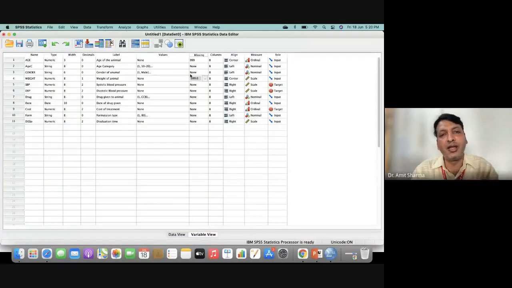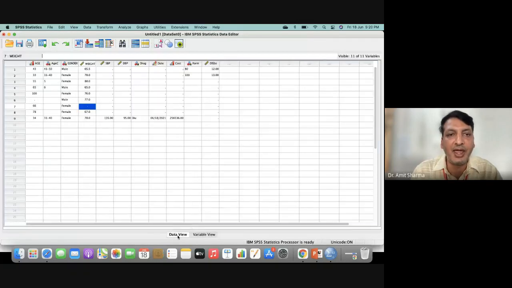Automatically, all the empty columns will be replaced with 999, and only those cases will not be considered equivalent to 100%. That means if you have a sample size of 100, and out of 100 there are 3 blank columns, your actual n will be considered as 97, and that 97 will be equivalent to 100%. That will be there.